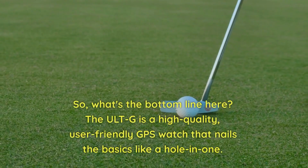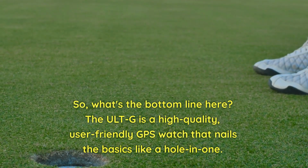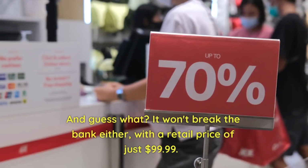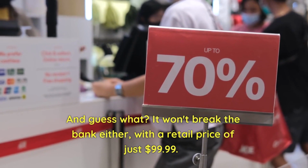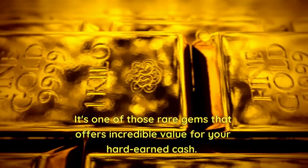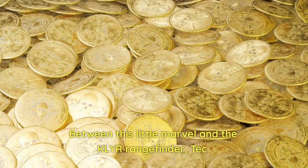So, what's the bottom line here? The ULT is a high-quality, user-friendly GPS watch that nails the basics like a hole-in-one. And guess what? It won't break the bank either, with a retail price of just $99.99. It's one of those rare gems that offers incredible value for your hard-earned cash. Between this little marvel and the Kale Wire rangefinder,